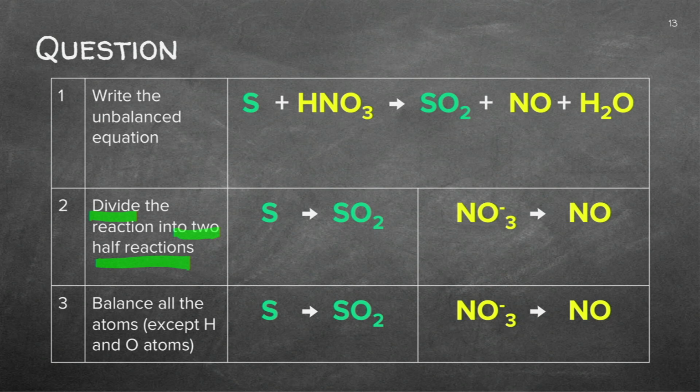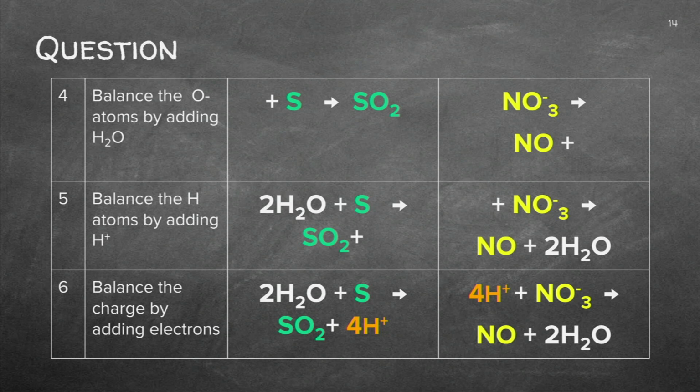And then they asked me to firstly balance everything but the H and the O. So I've got one sulfur there and one there. It seems fine. I've got one nitrogen there and one nitrogen that side. So that's fine. Now we're going to balance the oxygen. How do we balance the oxygen? Well, we add water. Let's have a look at what we're going to do now. I've got 2 oxygens that side, so I'm going to add this side 2 water. Can you see I've got 2 waters there? Here I'm going to balance the oxygen, can you see I've got 3 there and only 1 there, so I'm going to add 2 waters.